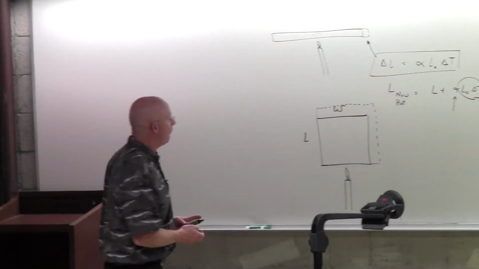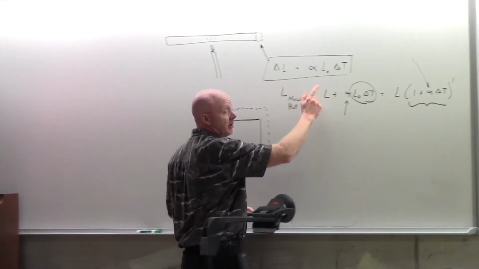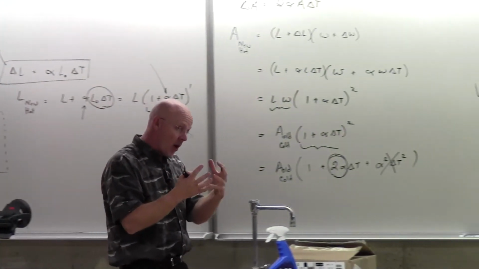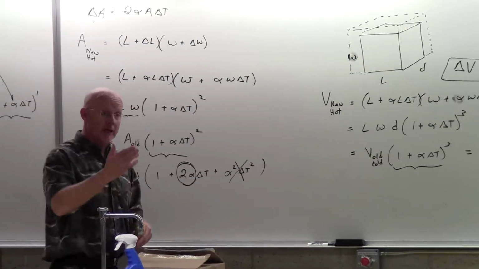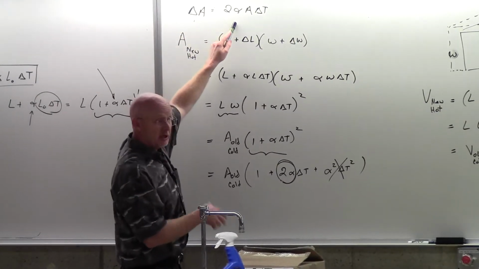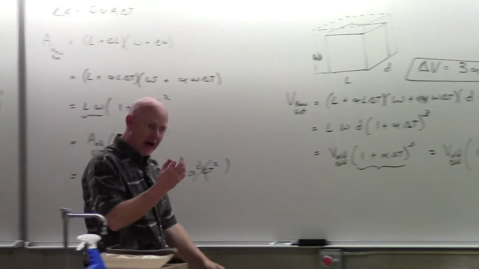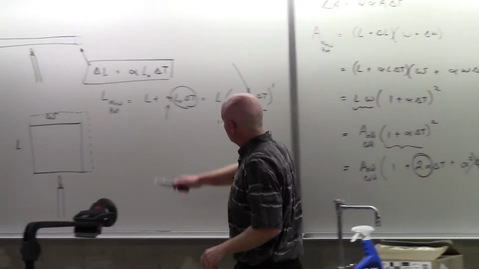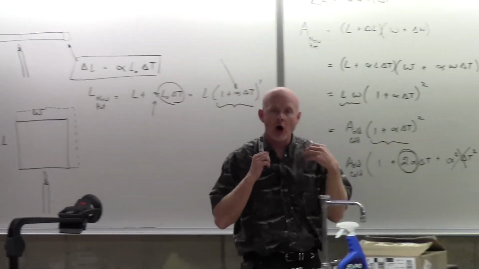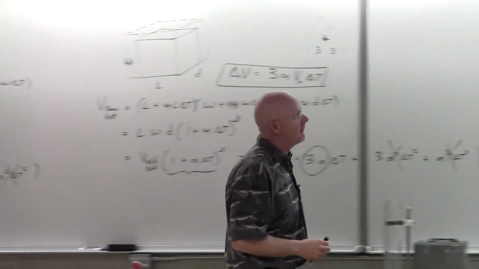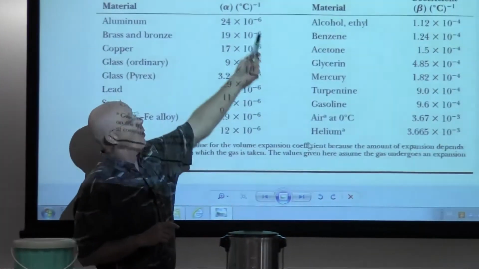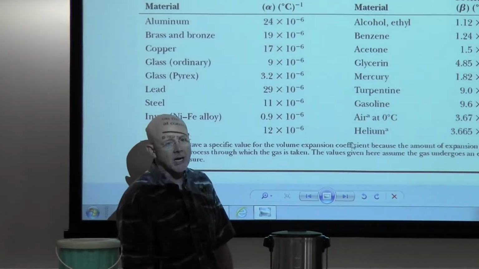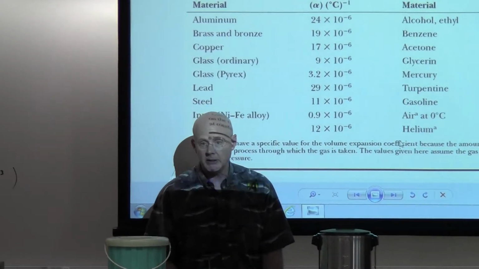And so again, hopefully you see things will grow linearly, but they'll also grow in 3 dimensions. And so depending on what we want in the problem, we can look at how much did it grow in surface area? How much did it grow in volume? How much did it grow in length? All 3 of those answers are given by just this one linear coefficient. And that's my point. And that's all we'll need.